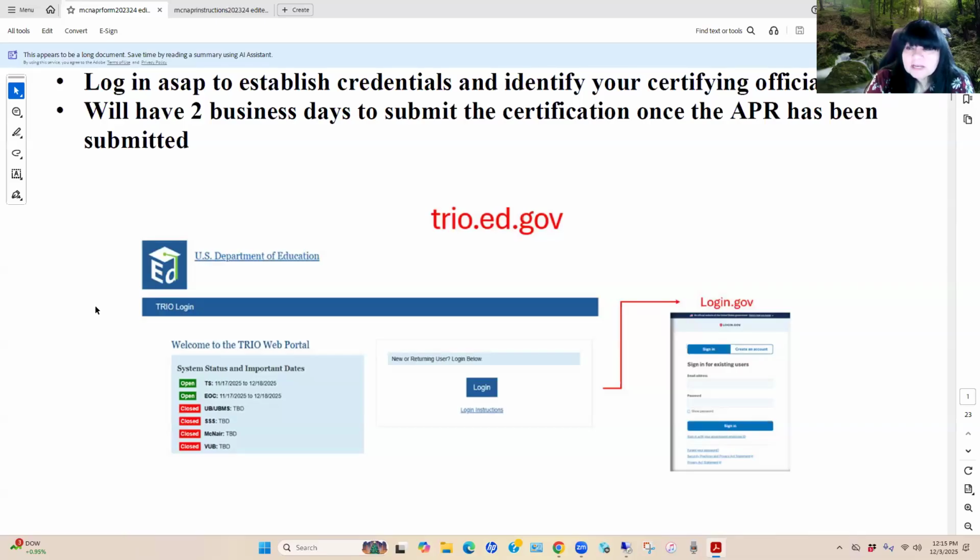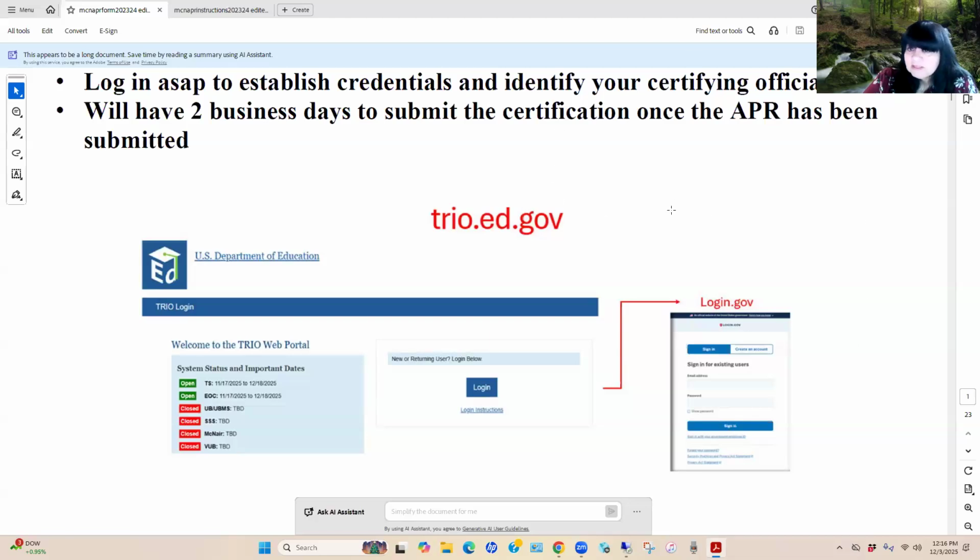When you establish your credentials, it's going to ask you to also identify a way that you can set up your Duo authentication so that you can log in through this login.gov account. Once you have signed into login.gov, then it will bring you back to the TRIO portal where you can identify your annual performance report and then proceed with the APR submission process.